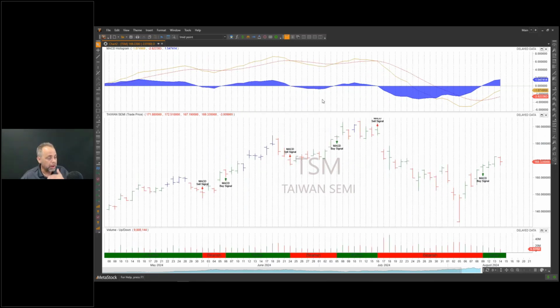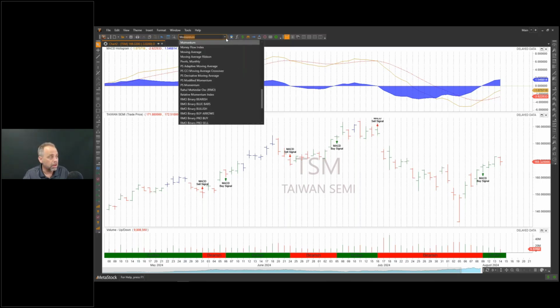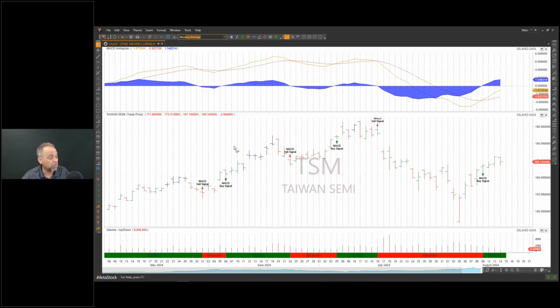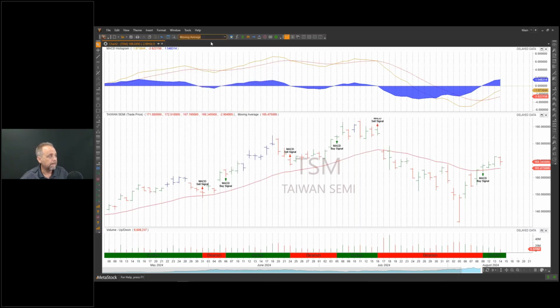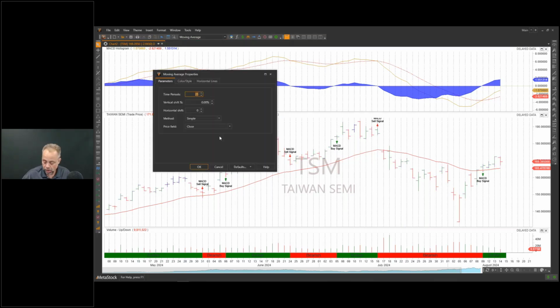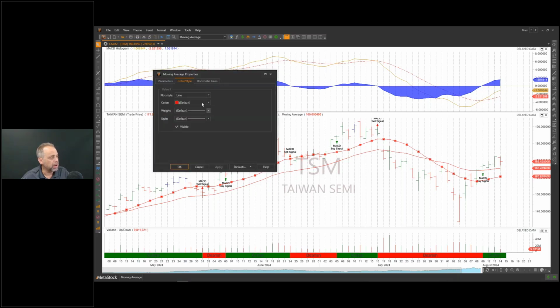Now, if I wanted to talk to you about the MACD, this right here is the MACD line. If I wanted to tell you how to construct that, the easiest way is to take a couple of moving averages. I'm going to throw them on the chart. We're going to do a 26 period exponential, and a 12 period exponential moving average as well. For clarification, I'm going to make them a little bit thicker.